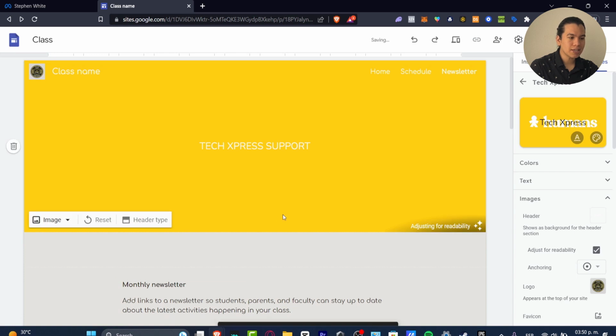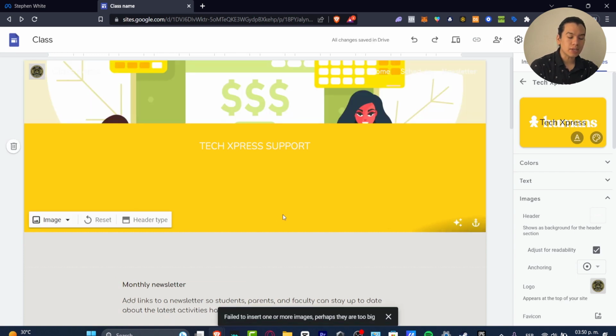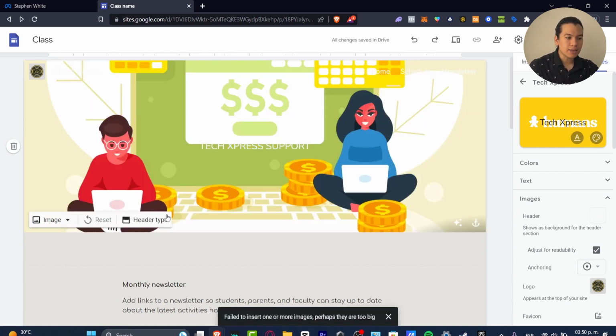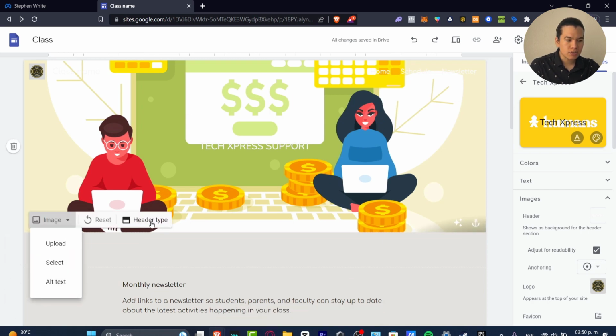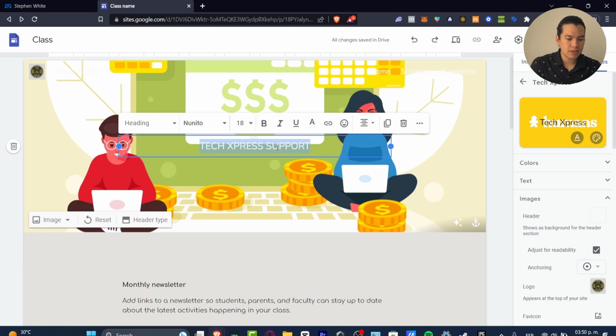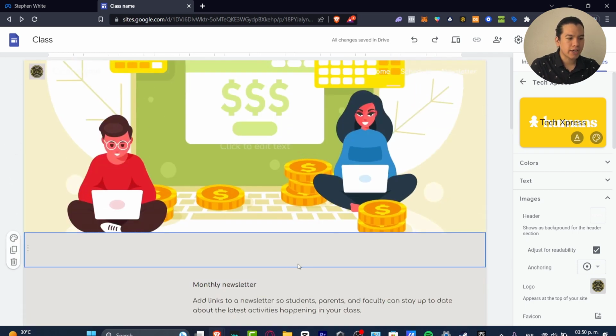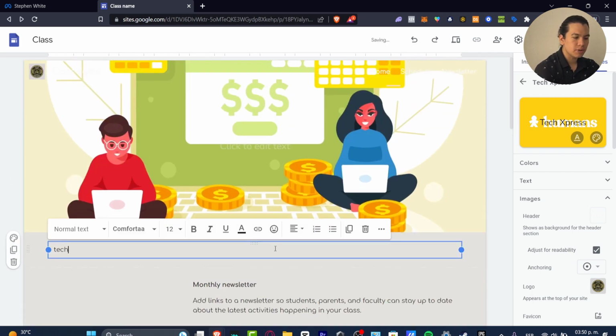I'm going to hit select, check out how your image is going to look, and then just hit OK. Now, in my case, I think what I can do is just delete the title, and I can add this new title down here below. So let's go for Tech Express Support. And there we go. So double-clicking into my actual text, I can see that I can edit